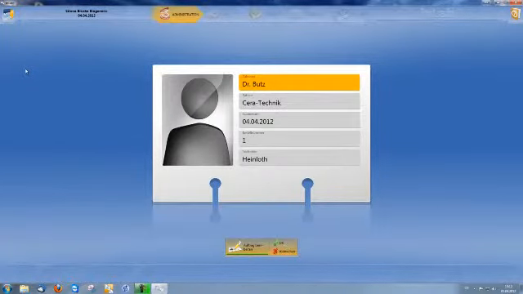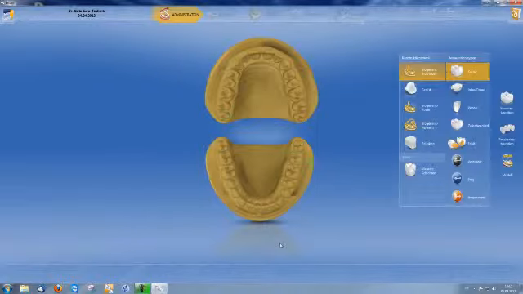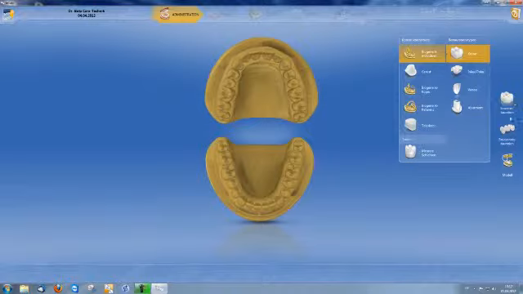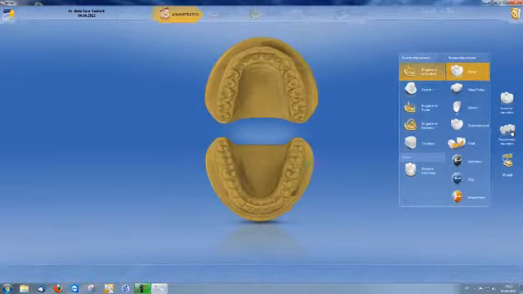I firstly complete the patient's file card with the name of the attending dentist, patient, and technician, as well as the scan date. I confirm with OK, and then specify my restoration in the administration stage. In this case, we have a bridge restoration in which we wish to design a 3-unit bridge with a divided attachment. For this, I firstly click on the crown